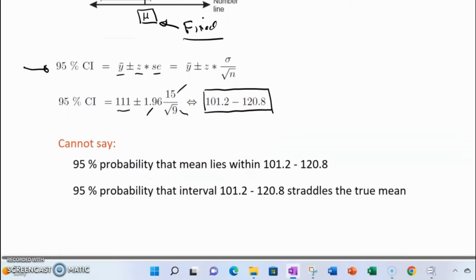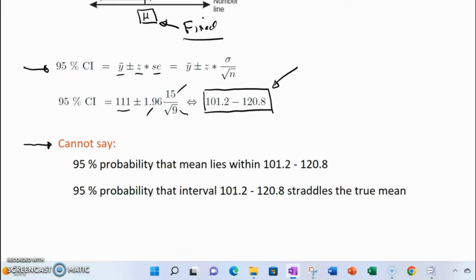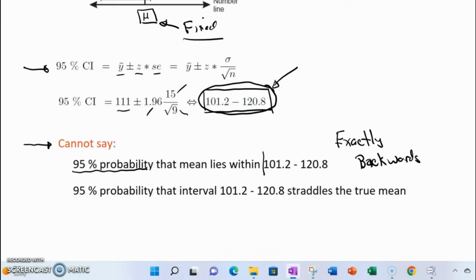What can we say about this particular interval? What's rather important is what we cannot say. We cannot say that there's a 95% probability that the mean lies within this interval. In fact, this statement is exactly backwards from reality. What this statement implies